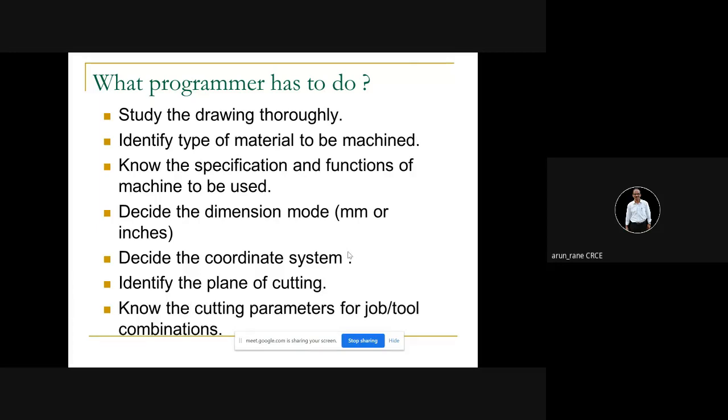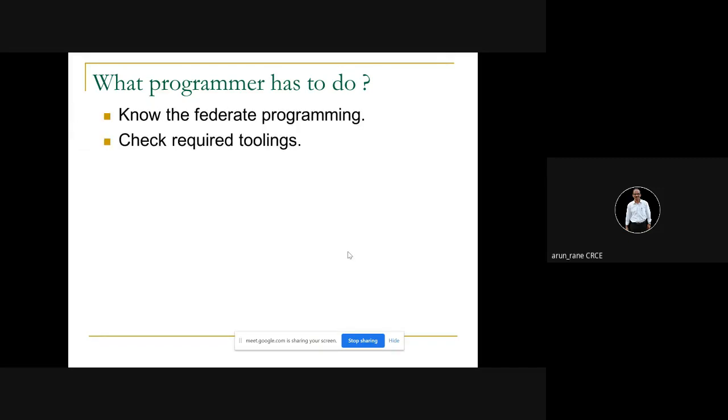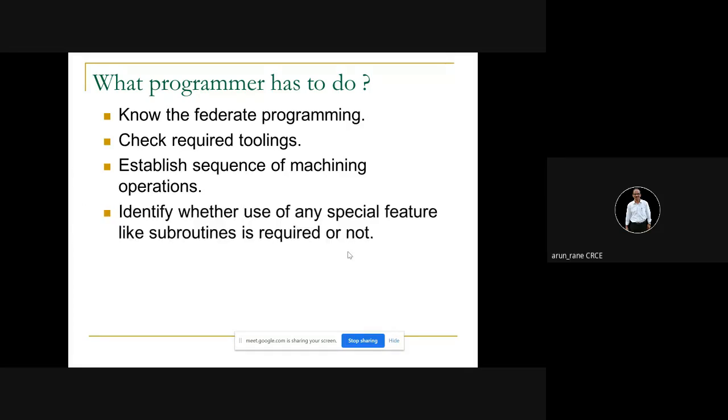Then you should know what the cutting speed and the cutting feed rates are. You must know them in millimeter per revolution, millimeter per minute, or millimeter per tooth. And the number of teeth of the cutter, you should be aware of that. G94, G95, you have to be careful. G94 is millimeter per minute. G95 is millimeter per revolution. You have to decide upon the sequence of machining operations, that is, the best sequence.